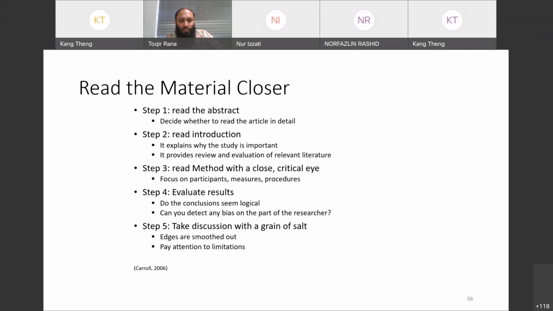Edges are smoothed out now. Pay attention to limitations. You have read the whole article, and now you can find the limitations of the article, which will help you to build your problem. Once you have done all these steps, it's better, when you have completed all five steps and you find that this article is worthy to investigate or worthy to read,